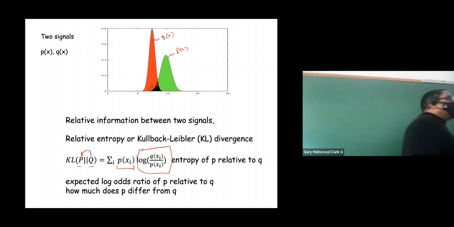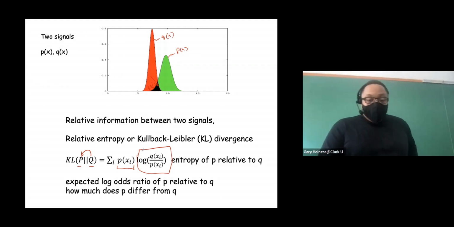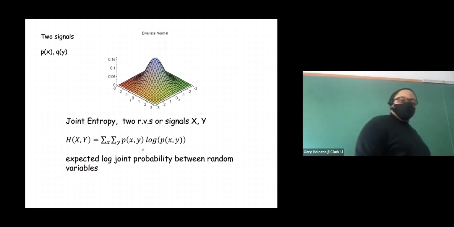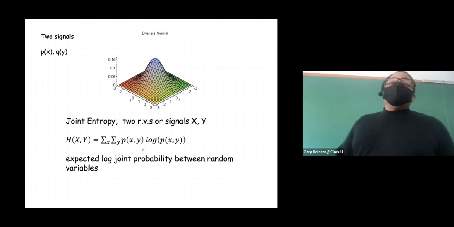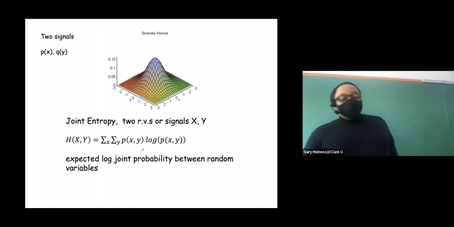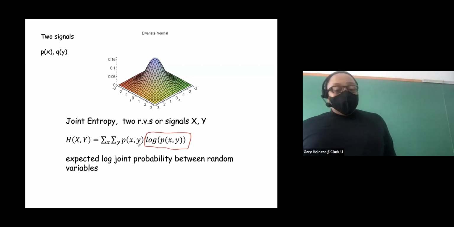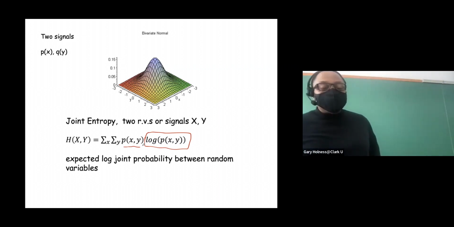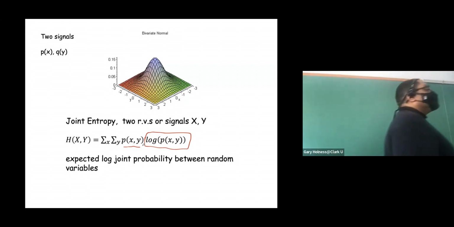Any other questions? No? Make sense? All right. And so there's another type of entropy, this bit representation, and this is called the joint entropy. As I said before, in the real world, you're going to traffic in vector valued instantiations. And so here, it's the expected log joint probability. Here's our log joint probability for two variables, and they're not independent. That's the assumption. And we're going to take the expectation, so we're going to weight that by the joint probability of every instantiation. And in this case, we have two variables, x and y. Does that make sense? Okay.